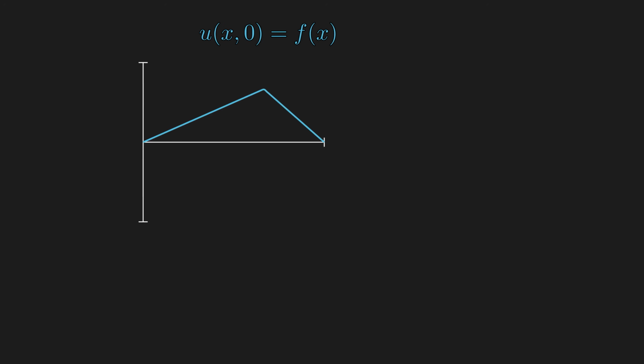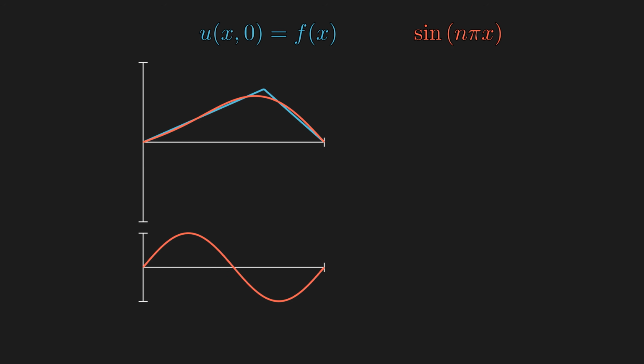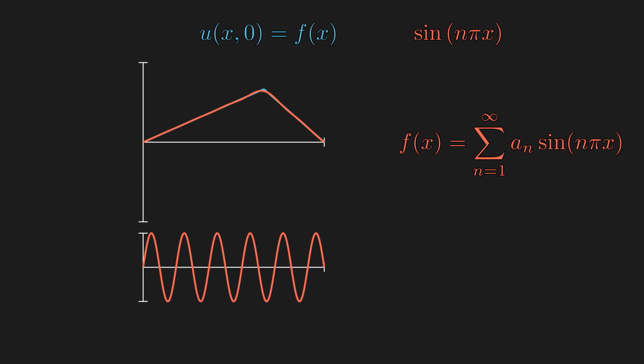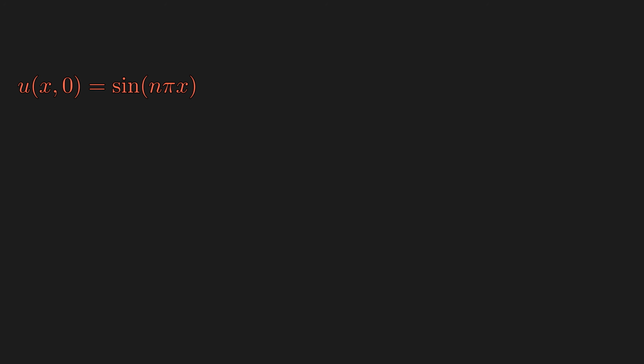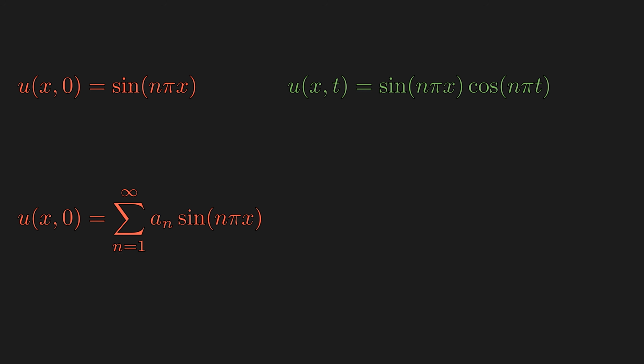Fourier first recognized what types of series would be the most useful, and in this case, it would be the sine series since they are fixed at the boundary. Then, he was able to write the initial function as a sum of these sine functions. Next, he noticed that if the initial function happens to be one of these simple sine curves, then the solution was just the product of sine of x and cosine of t. So if the initial condition can be written as a sum of sines, then the general solution can be written as sum of individual solutions. When Fourier came up with this technique, he didn't quite understand the implication of this. He thought it was just some clever technique.